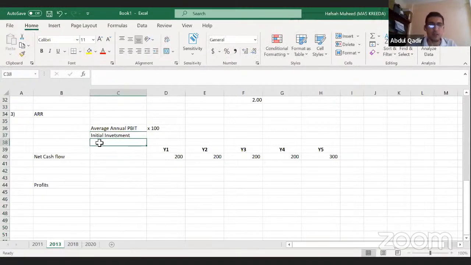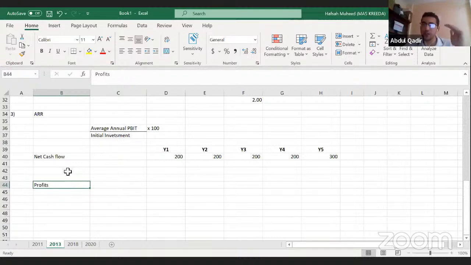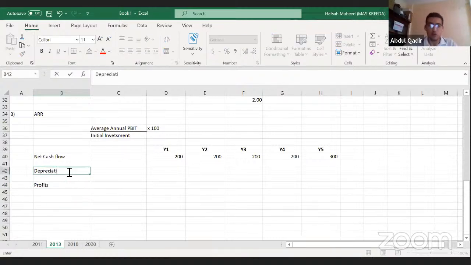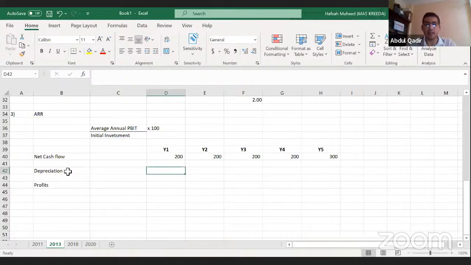Initial investment, right? Just don't worry about spellings, I'm just typing it fast. So from cash flows, we need to go to profits. How do we do that? In the cash flow statement, you all start with profits, then you add depreciation and go to cash flow. Now we are doing the reverse order. We are going from cash flow to profits, which means we need to deduct depreciation because you are moving in the reverse order. You used to add it, now you need to deduct it. So hence we will calculate depreciation and deduct it.